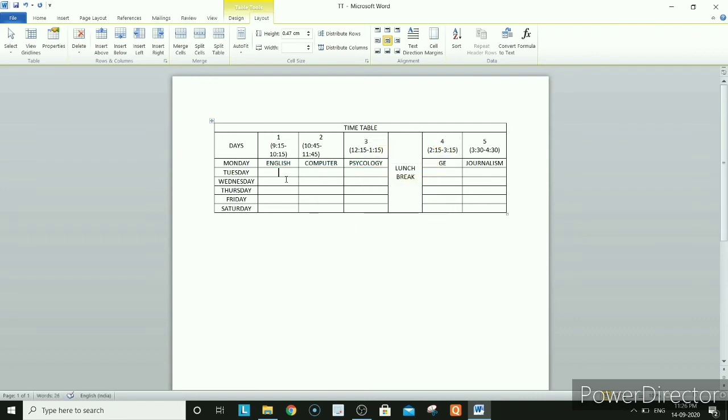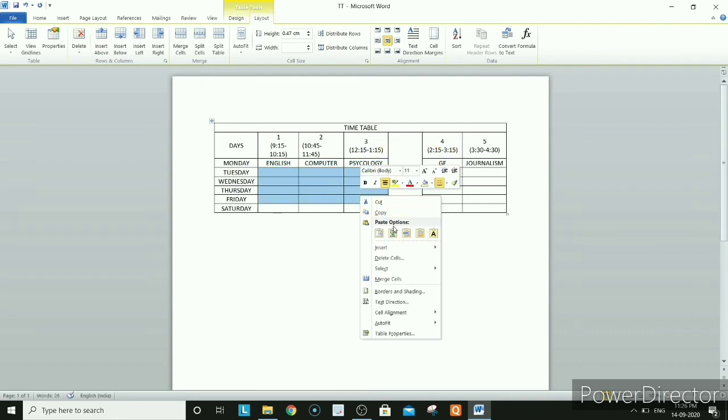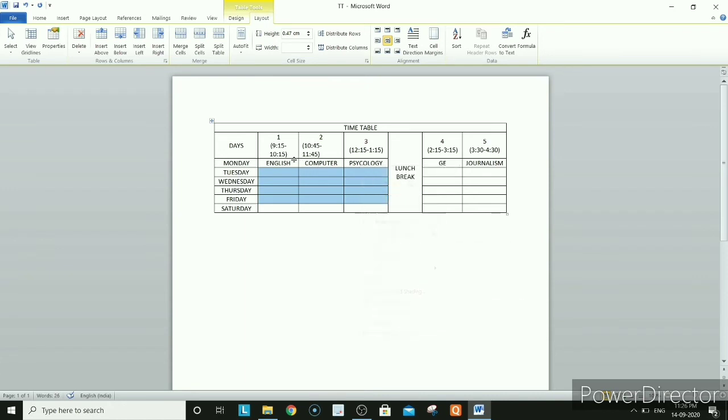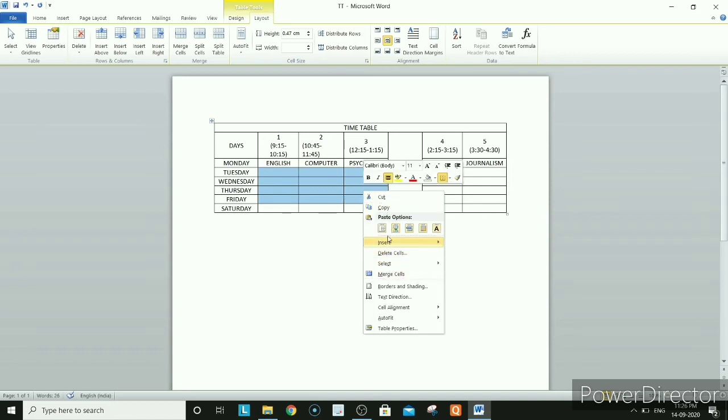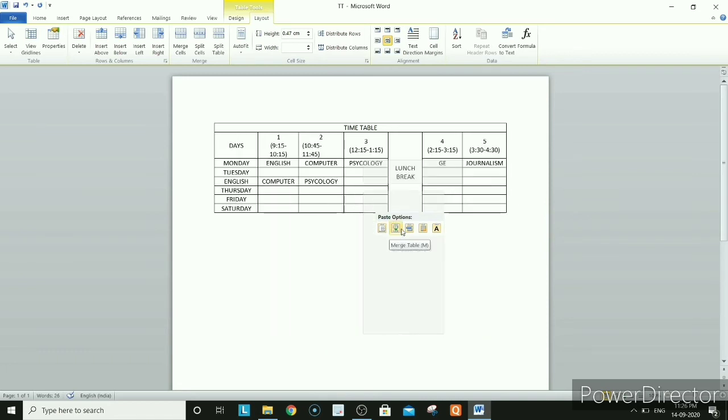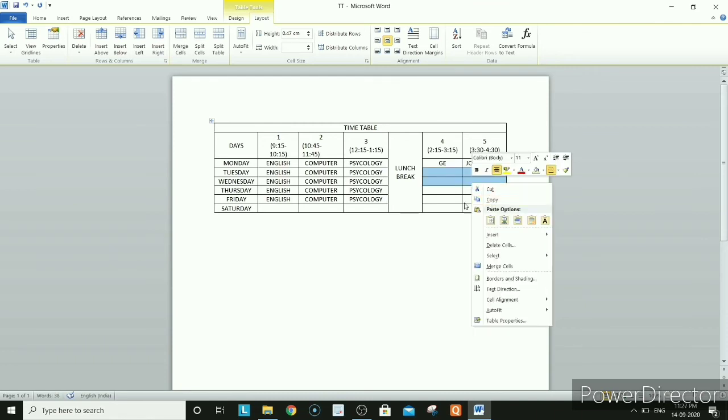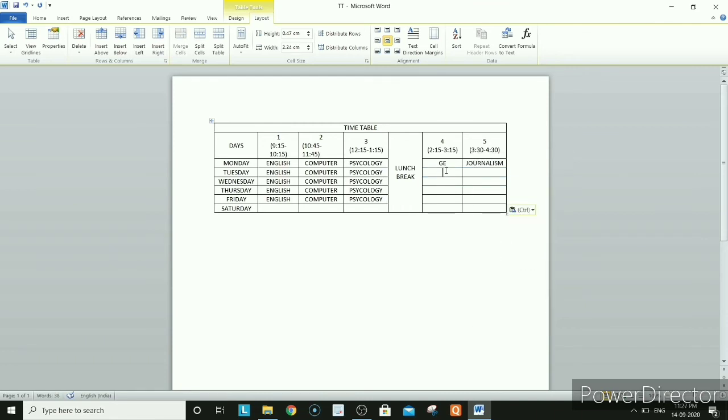You want to type, I am just placing something. Okay, just to see copy. What you have to do is just copy here and paste. This is the option. See here, the paste option also. This is the option you have to select, this one, override cells. And here also I am keeping, see, now for me afternoon no class, so just make it empty. Okay, like this you can make it.